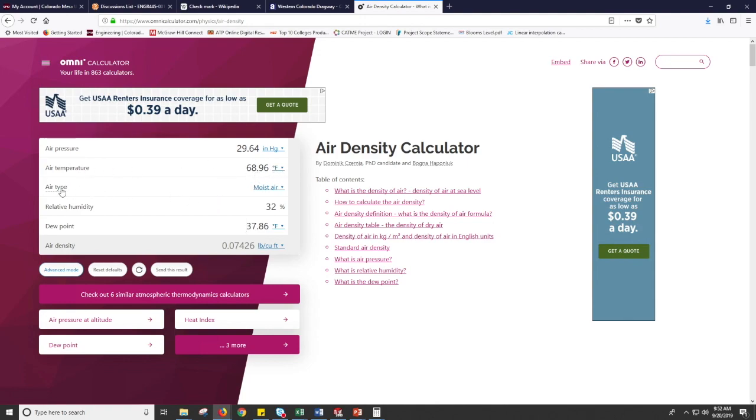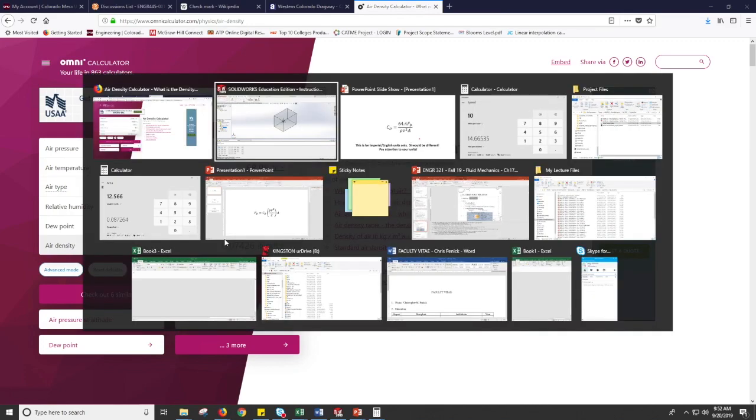It was a little bit cooler this morning. Air type, moist air at 32% at that time. Calculated the dew point, and it gives me an air density in different units, but I want it in pounds per cubic feet because that's what SolidWorks wants it in. So it comes out to 0.07426. So if I jump back over to SolidWorks,